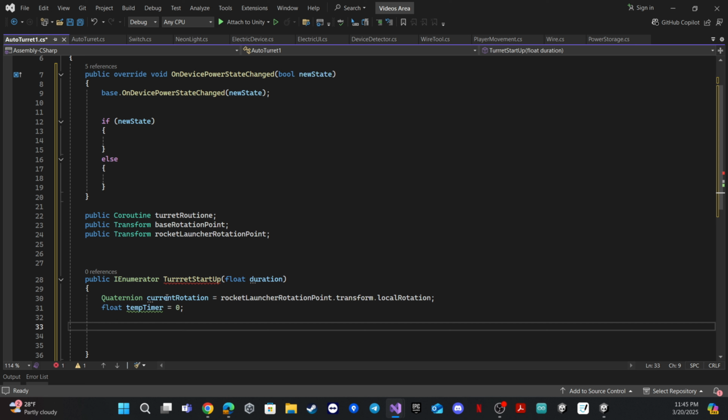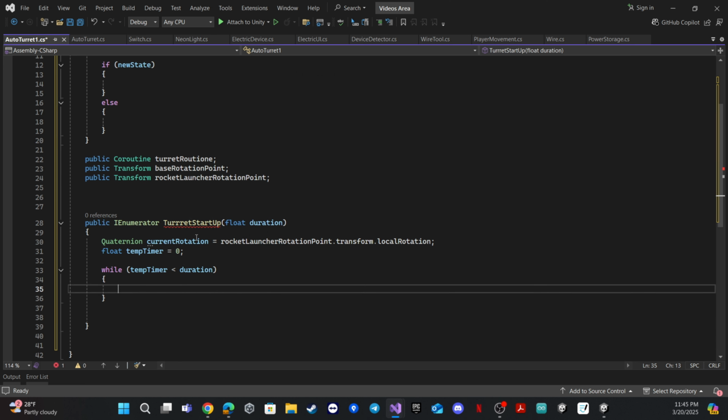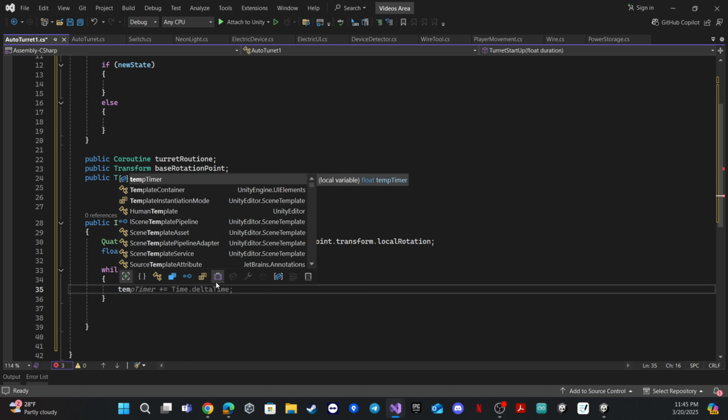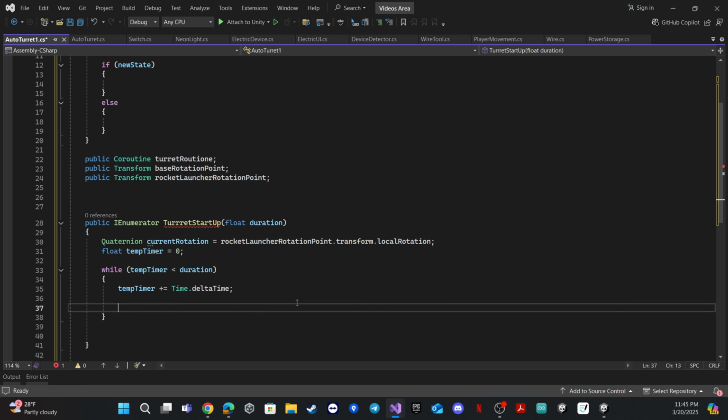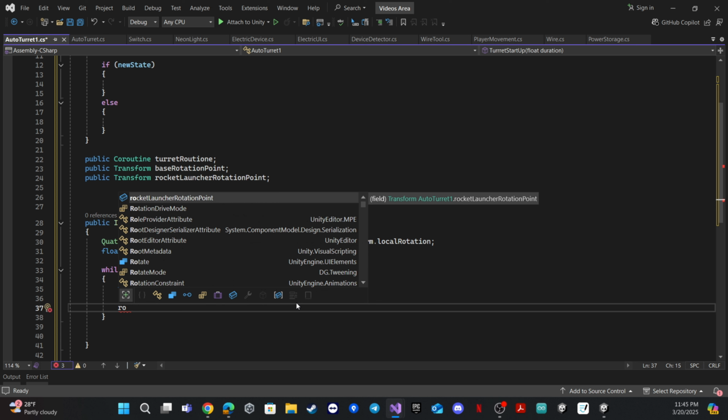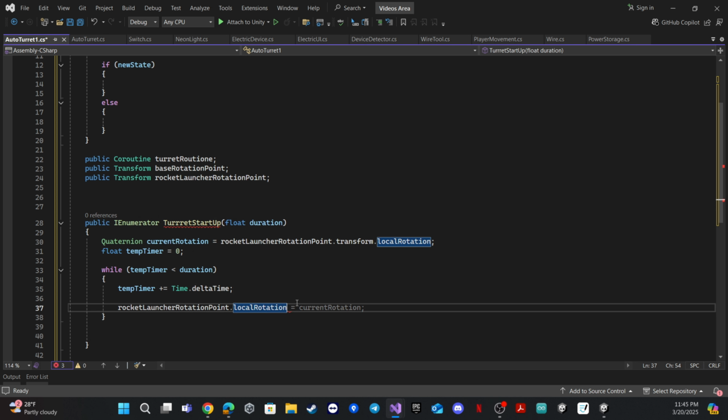And now let's make a while loop, and our condition for the while loop is while the temp timer is smaller than our duration. Inside the loop, I will raise the temp timer by Time dot delta time. So temp timer plus equal Time dot delta time. And right here, I will use Quaternion dot Slerp, so I can change the rotation smoothly. So rocket launcher dot local rotation is equal to